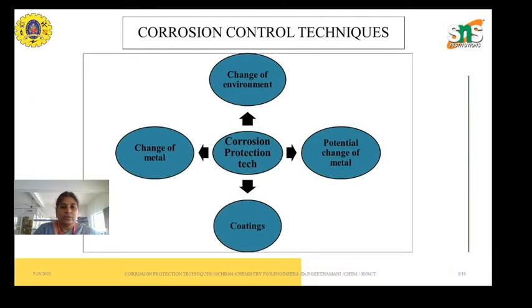Let's start with how to control corrosion. We can't control it. Keep in your mind, we can't control, but we can prevent. Just to compare with your teeth: normally we eat all kinds of sweets, spicy foods, acidic foods, everything, and we are not maintaining the tooth. What will happen?